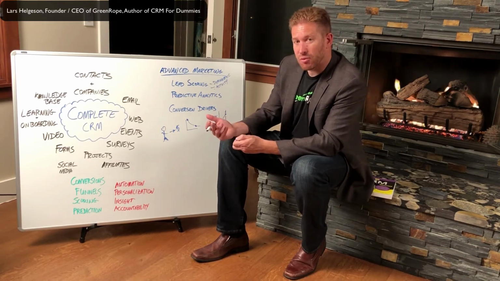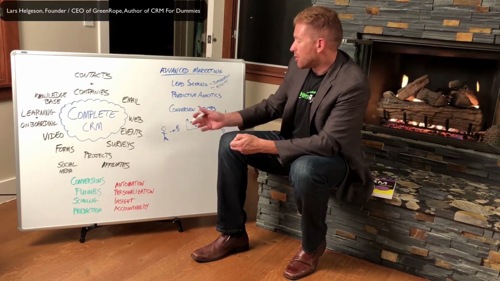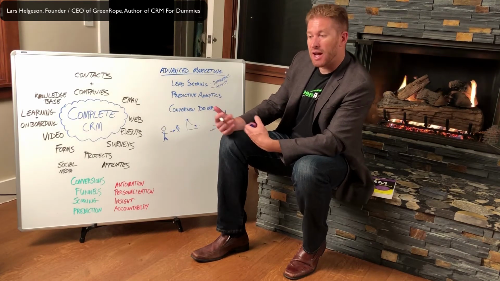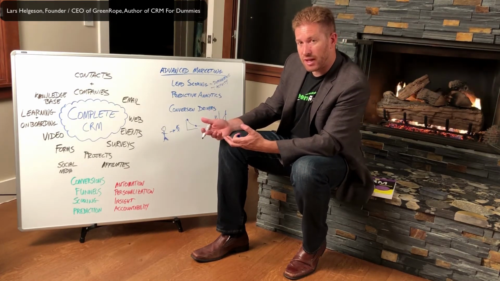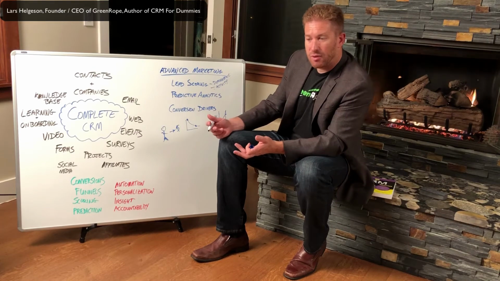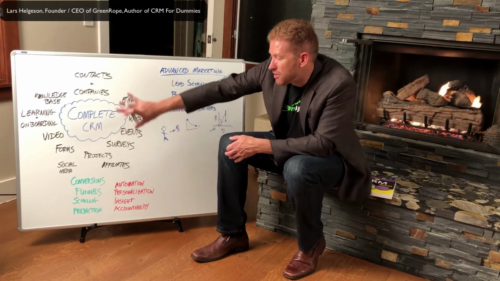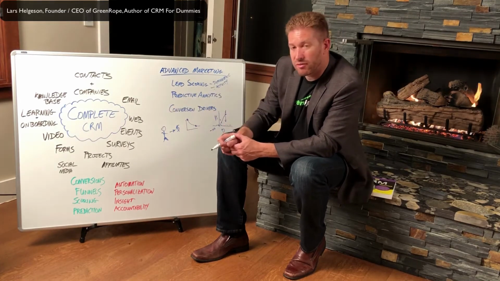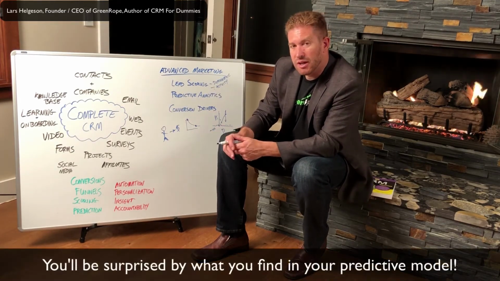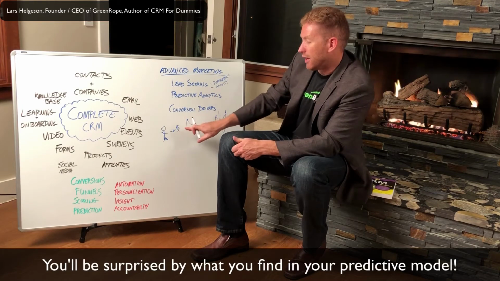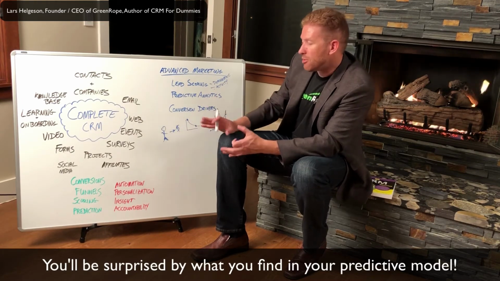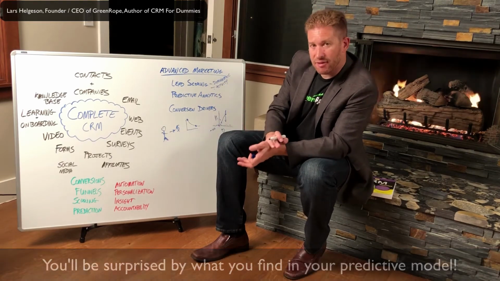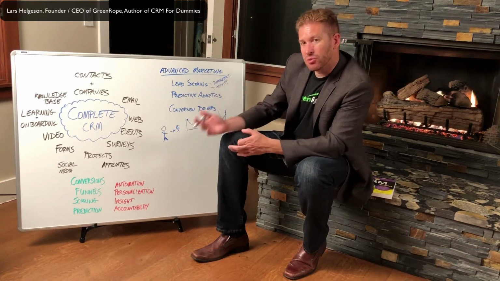Now, of course, nothing ever works in absolutes. And so when we talk about analytics here and predictive analytics, we're looking at a model that can kind of tell us what we think is going to happen. But of course, everyone is unique. What we want to do is combine all of these different channels, all of these different ways of measuring. Maybe it's watching a particular video. If a contact watches a video, then is that correlated with that conversion? So we build the model, and that tells us a lot about our business model. The next half of that is applying that model to our leads.